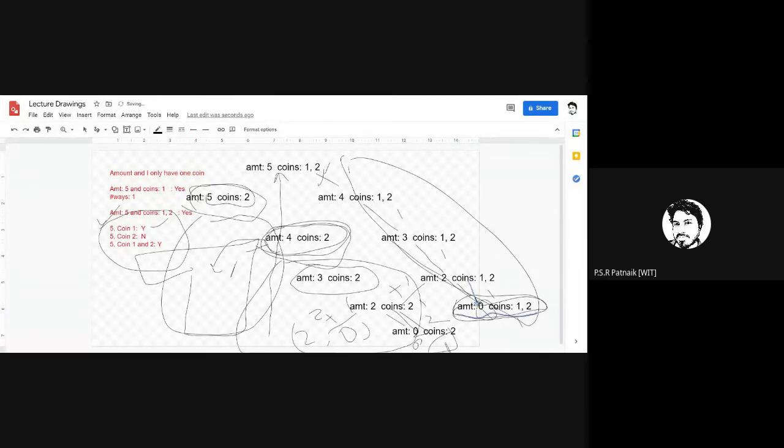So when you have reached 0, what you need to do? You need to return 1. Why will you return 1? Because this amount was realized by the coins under consideration. So if amount is equal to 0, it means I was able to realize that amount, so you will return 1. Else.